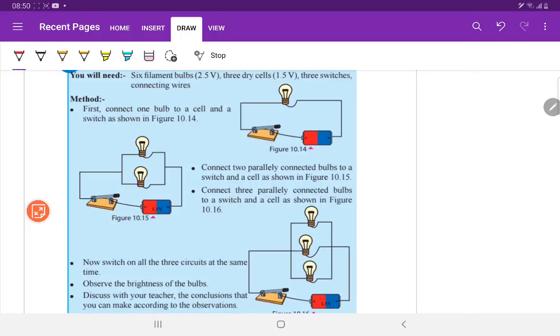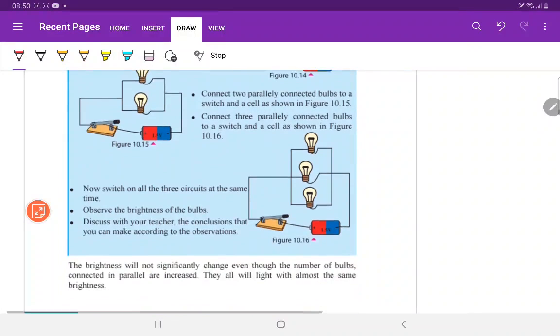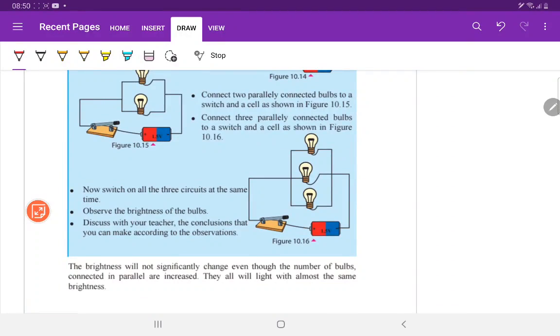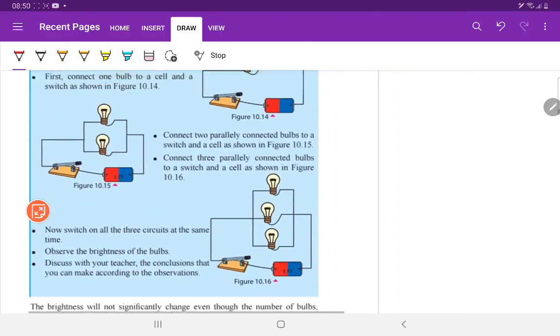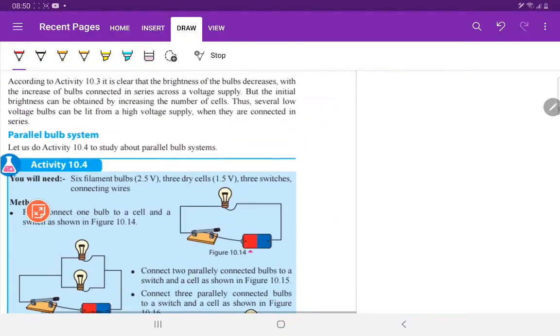First, connect one bulb to a cell and a switch as shown in figure 10.14, and in the second one, two bulbs connected parallelly in the same circuit. Here they have increased the number of bulbs, 3 bulbs connected parallelly with one dry cell and a switch. So if you draw the circuit diagrams for these, children,